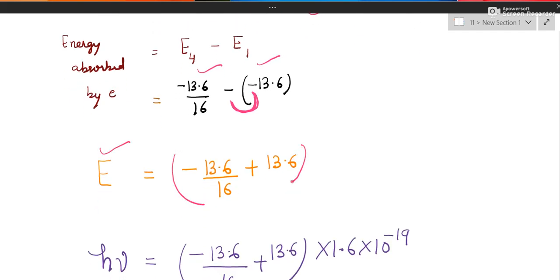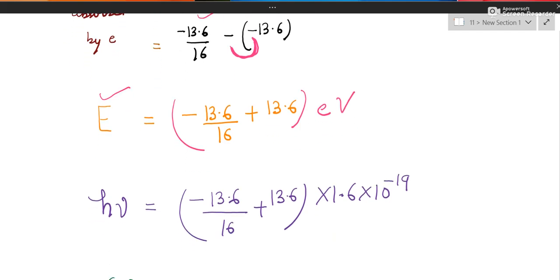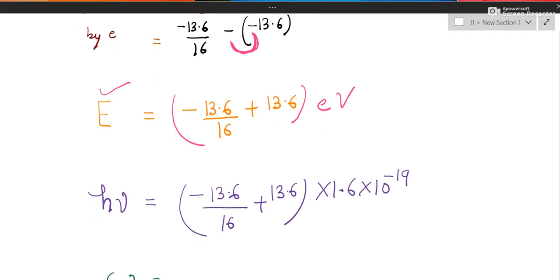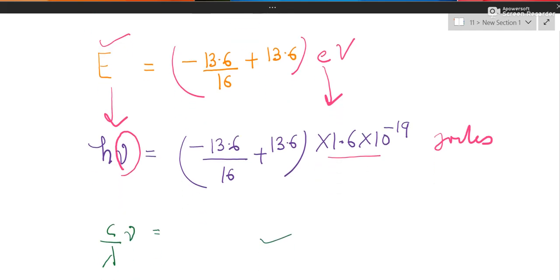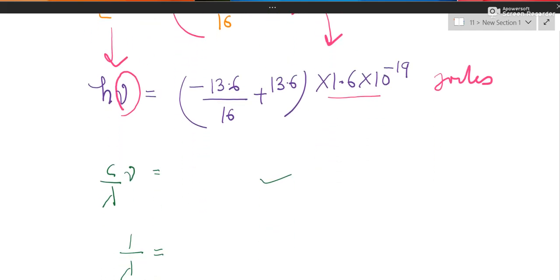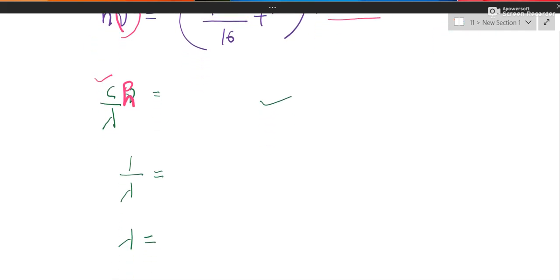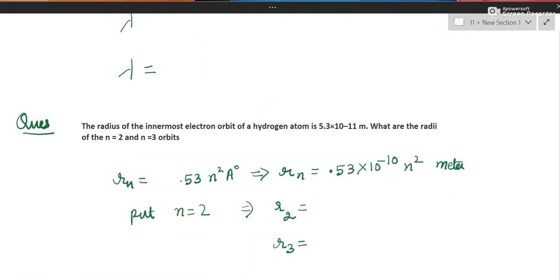Energy is obtained, but this is in electron volt, so I'll have to convert. Whenever you have to find out frequency or wavelength, you just keep in mind that electron volt has to be converted. So convert, now it is reported in joules, and this can be opened as h nu, so you can report frequency, and further frequency can be opened as c by lambda. Sorry, this is h. So you can report lambda as well, wavelength as well.